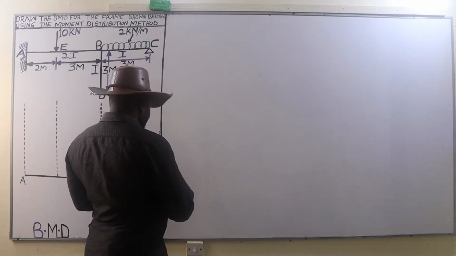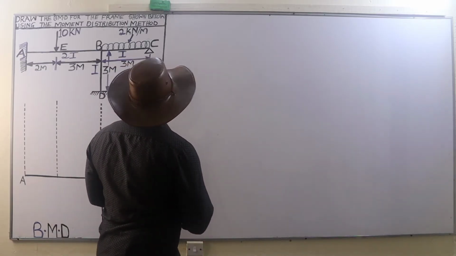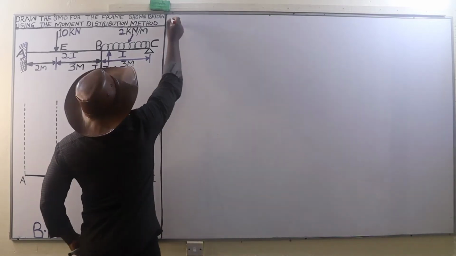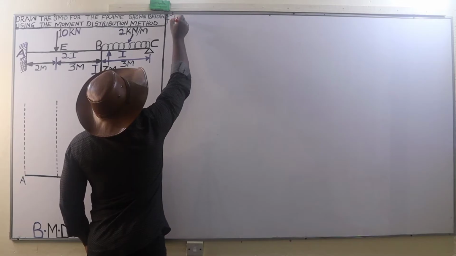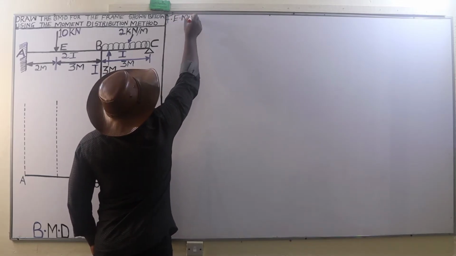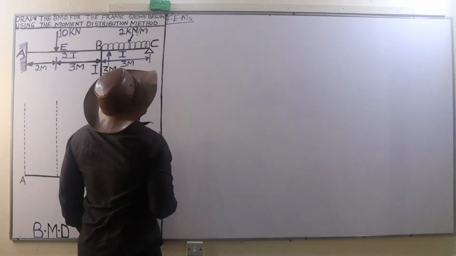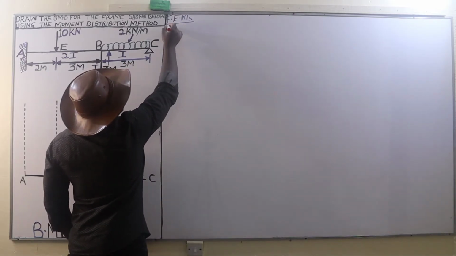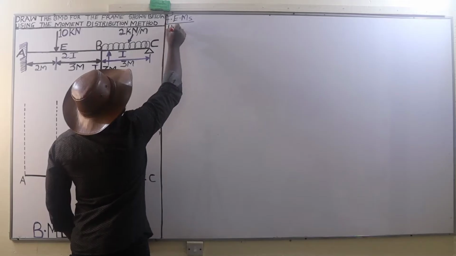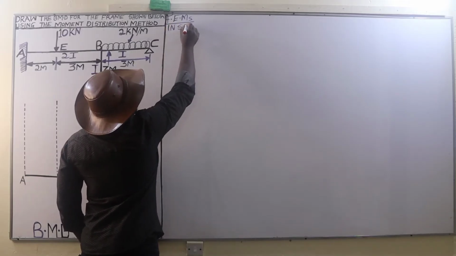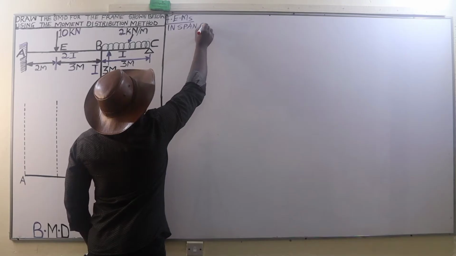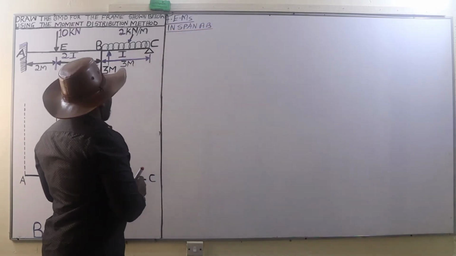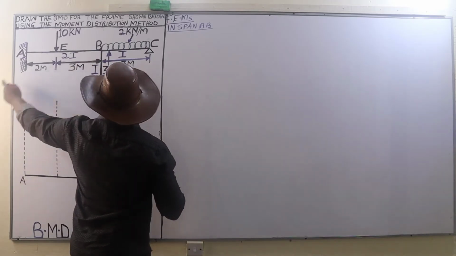Now, we are going to begin with the calculation of the fixed end moments. That is always the first step. So, step number 1, determine the fixed end moments. And in this case, we are going to begin with the span AB. So, fixed end moment in span AB. Yep, the fixed end moment at A